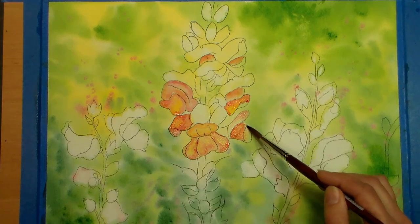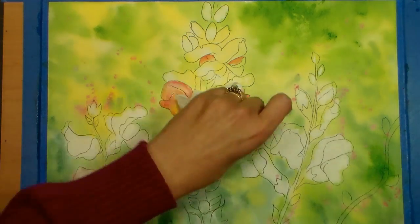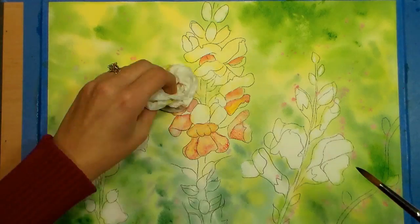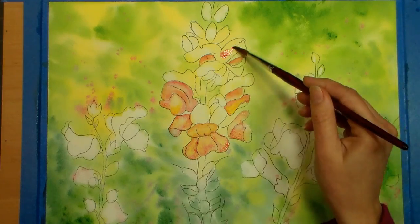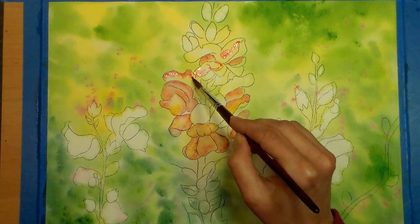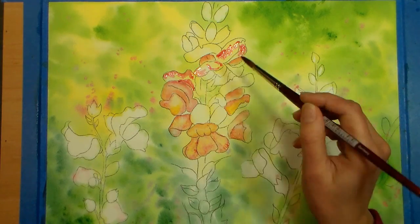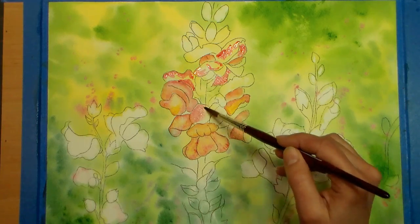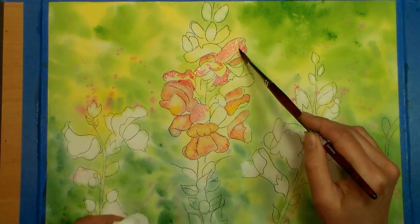And it's kind of like a Zen-like experience painting like this, adding a little paint, spreading it around with your brush. If you get too much paint or you feel like you need a little bit of texture, crumple up a paper towel and just kind of press it in there, and that will give you that kind of crepey texture that the flower petals have. It's wonderful when you can find something so simple that gives you the look you're going for. I'm tending to use a little bit more of the red on its own in the darker shadowy colors,